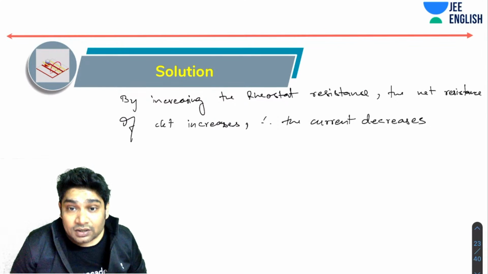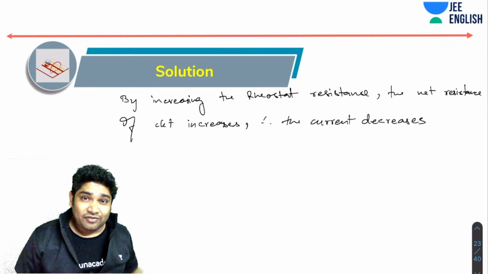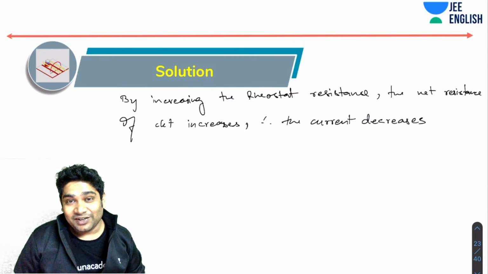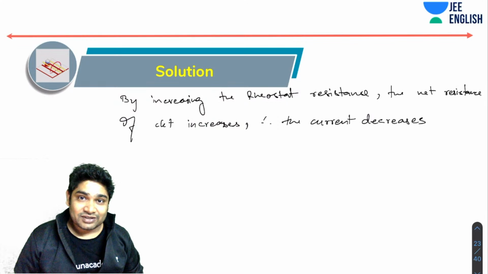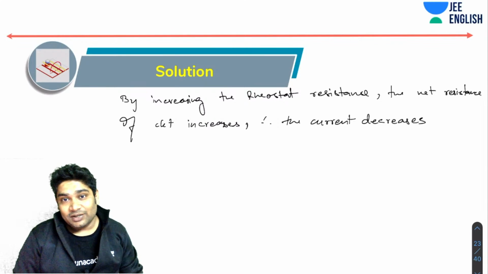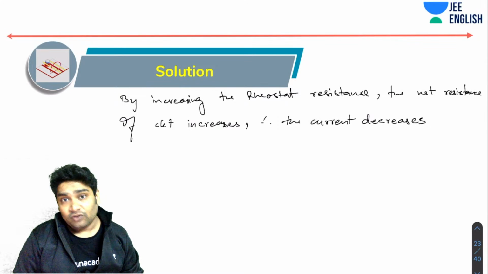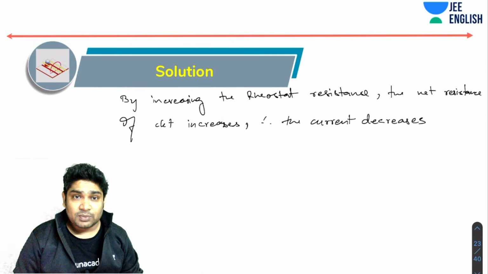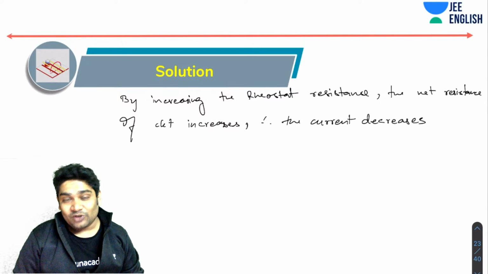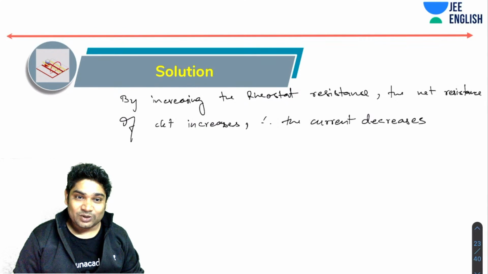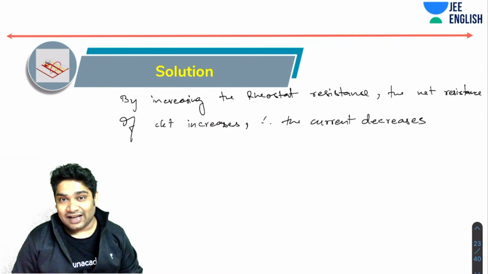Which is the best book, Irodov or Krotov? I think for JEE, Irodov is much better. In Krotov, a lot of problems are not relevant to the JEE syllabus; they tend to go beyond it. Krotov is more relevant for Olympiads, and Irodov is more relevant for IIT JEE. Even in Irodov, some problems are out of syllabus, but almost 80 to 90 percent of Irodov's problems are relevant, while in Krotov only probably 40 to 50 percent are relevant to JEE. That is why I always advise Irodov.